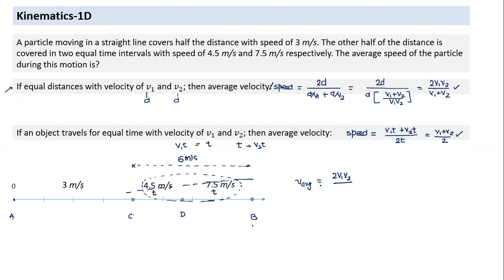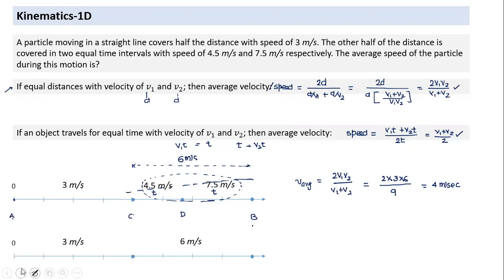So I'm finishing every part. I'm writing everything here so that if you miss anything, you can go back and revise that part also. How much time do I take to solve this question using this approach? Very little. So 2 into 3 into 6 divided by 9. That's the average velocity, which is so quick to calculate, and it comes to 4 meters per second. This question you will find in every book, and I'll solve it with different, pretty lengthy methods also. Okay, that's what it is. Since I have not written it, this also is d by 2, this also d by 2. Both the distances between C and D are equal. Okay.